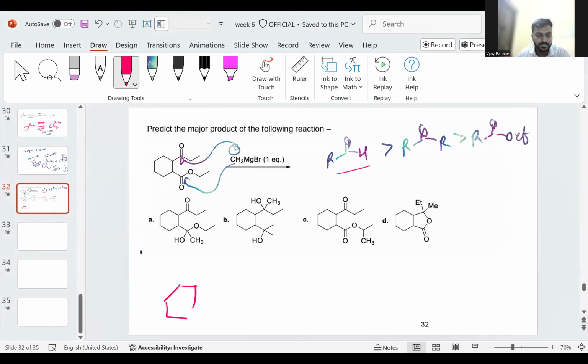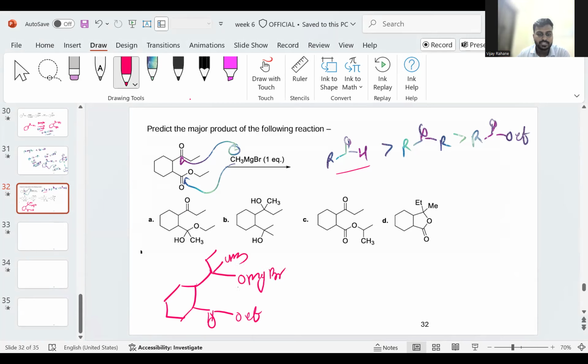So in this case, what happens? So this is the double bond OEt and one equivalent attacks. So this is the earlier ethyl and this is the new methyl and this is now